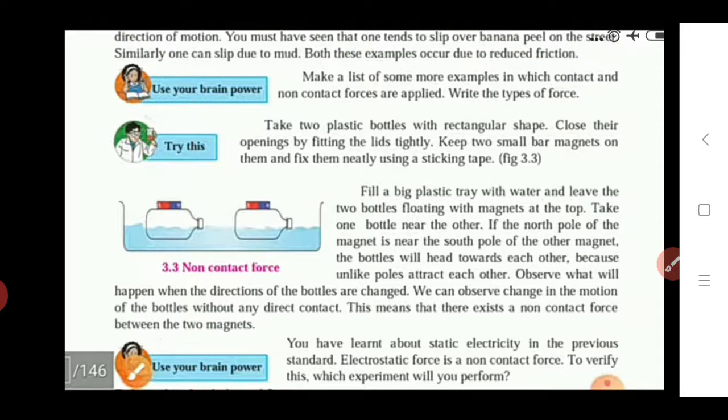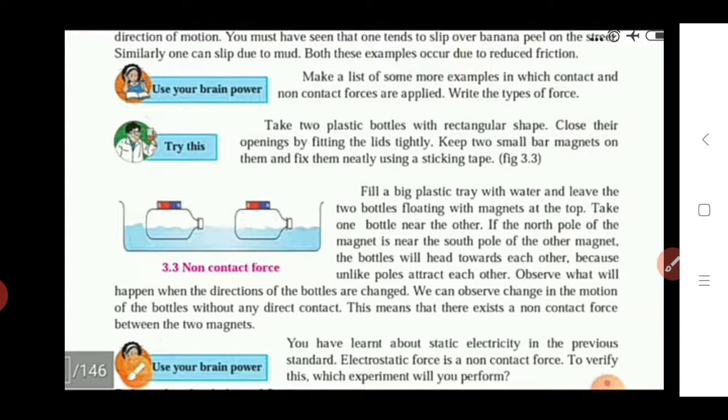Also we see the definition of contact and non-contact forces. Okay, and another force studied in this lecture is the frictional force, and it is a very important force in our daily life. Due to this frictional force, we can stop moving objects at certain places. This frictional force acts on moving objects in the exactly opposite direction. So due to friction, all moving objects can move on the earth's surface very easily and properly.